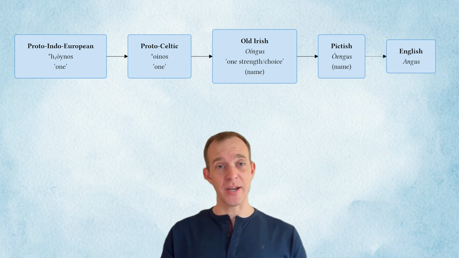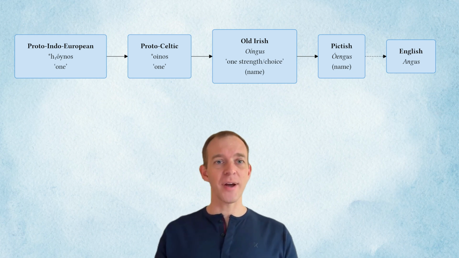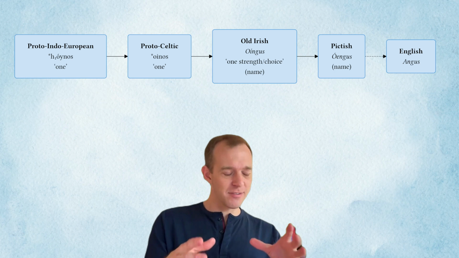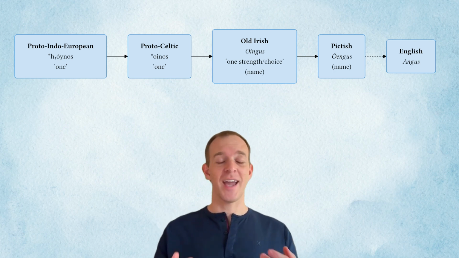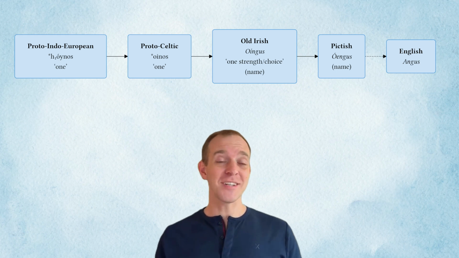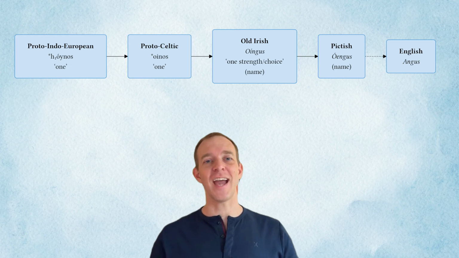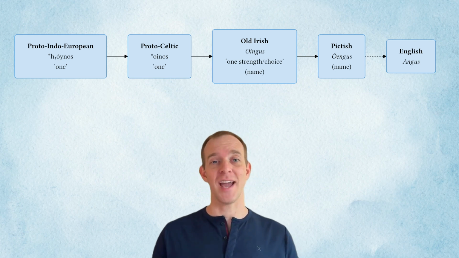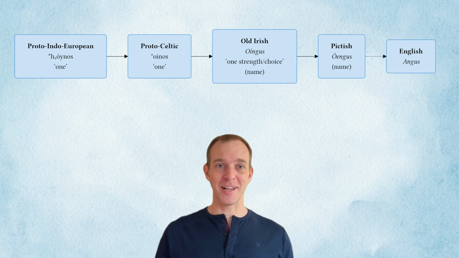In the Pictish language, this became the name Oengis, and there was a Pictish king, Oengis I, who ruled over a region of northeast Scotland, which is today called Angus, after him. And this region, you might have already guessed, is home to a small breed of beef cattle called the Aberdeen Angus, or simply Angus. So Angus beef is the last leaf on our etymological tree.